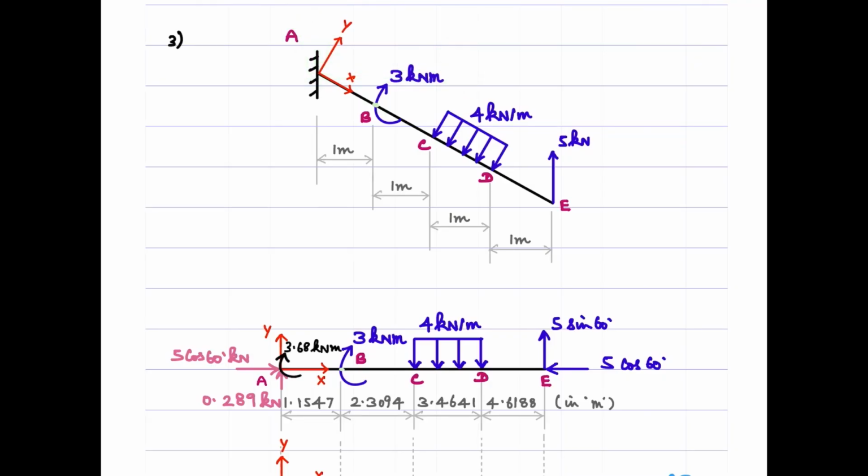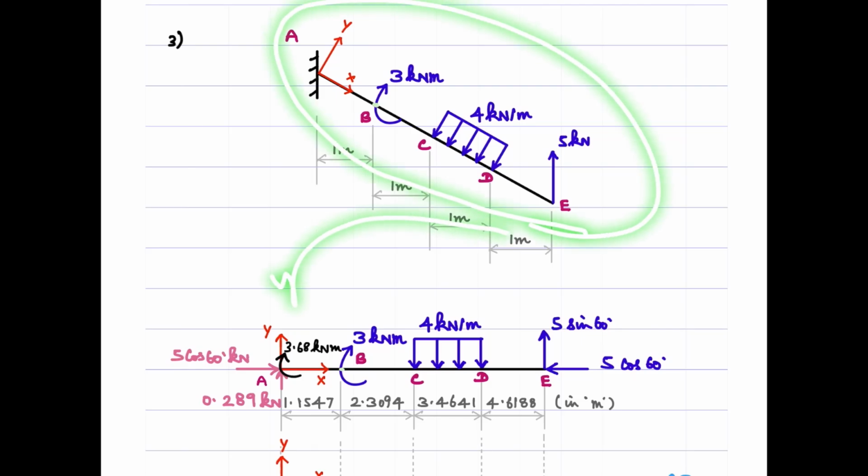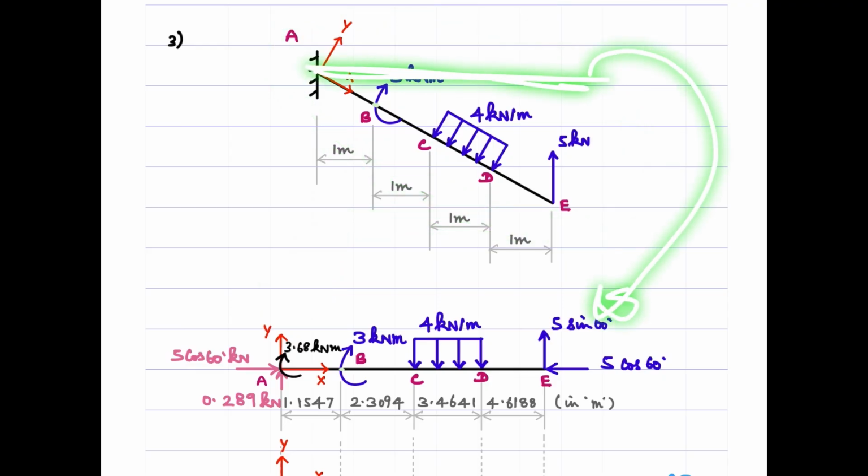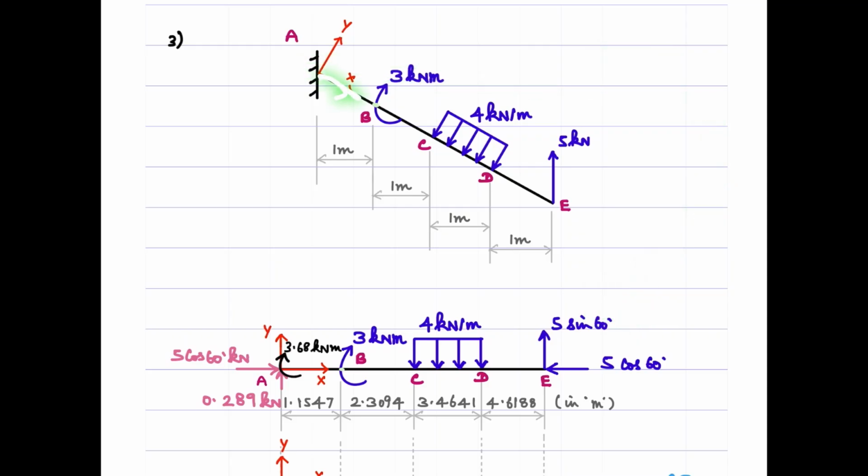So there are two ways. Either you can start with a global axis and then resolve the forces, or you can directly set your axes aligned along the longitudinal axis of the member and normal to it. That's what I'm doing here. After fixing the axis, I'm going to take this and draw it here, rotating it and maintaining it as horizontal. However, the axis is along the longitudinal axis of the member. That is, the x-axis is along the longitudinal axis of the member, and the y-axis is located 90 degrees counterclockwise